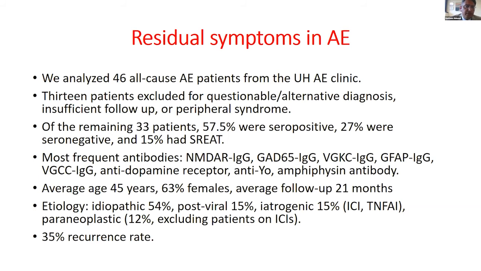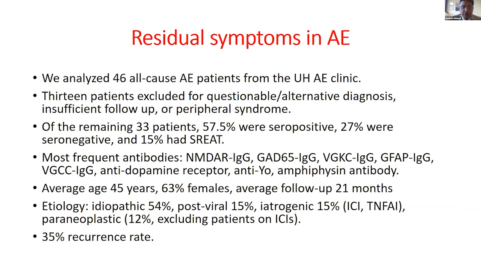We have data from the first 46 patients referred to the clinic, and we were specifically looking at residual symptoms after recovering from the acute index event. What are the residual symptoms that we're seeing? We had to exclude 13 patients because the diagnosis was either questionable, or we already found an alternative diagnosis, or there was insufficient follow-up, or they were referred for neuronal antibody-associated peripheral syndrome rather than autoimmune encephalitis. Of the remaining 33 patients,